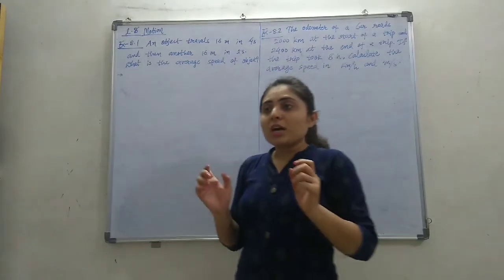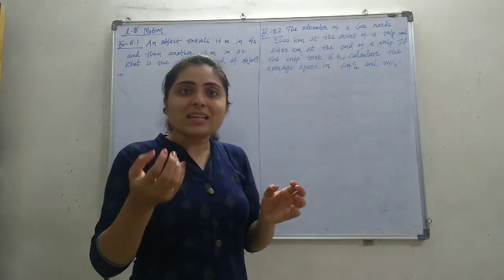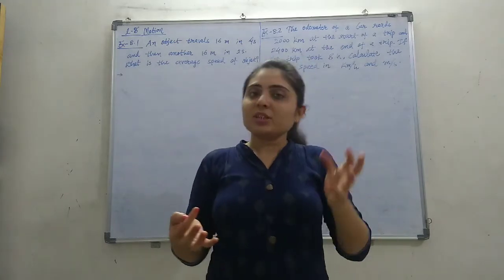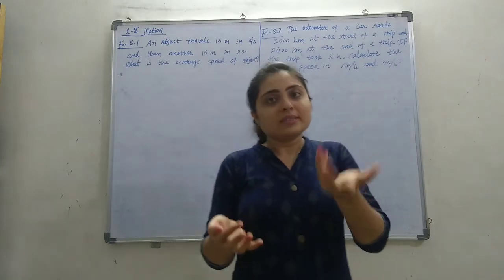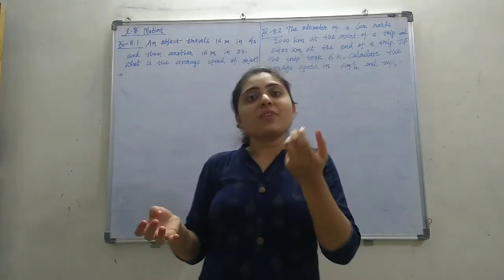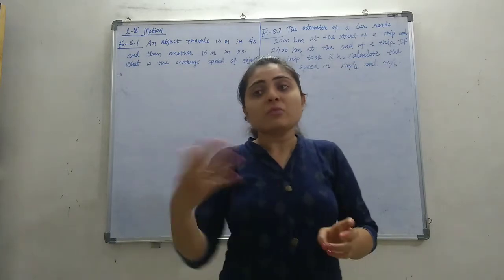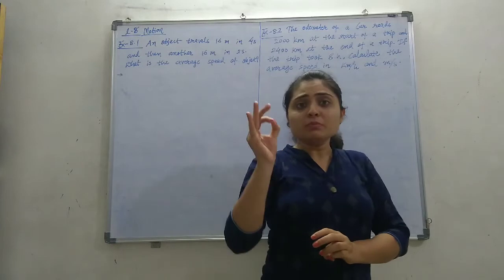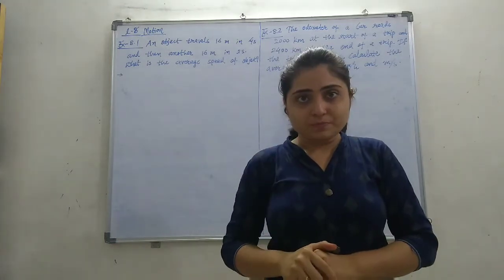Up to now, we have only four quantities. Distance, whose unit is meter. Displacement has the same unit as distance, so meter. Then time, that is second, and then we have defined speed and velocity, both with the same unit, meter per second, and these are the standard units. So each and every quantity should be in a standard unit.